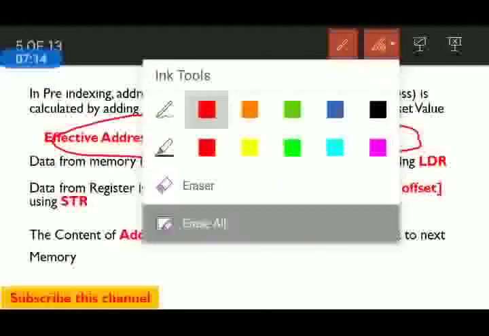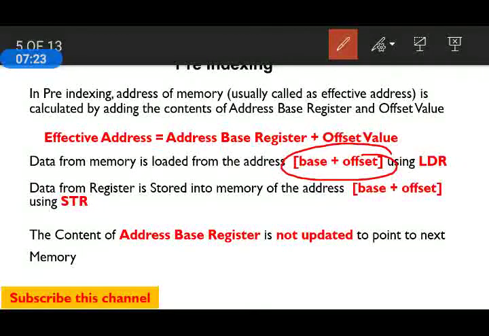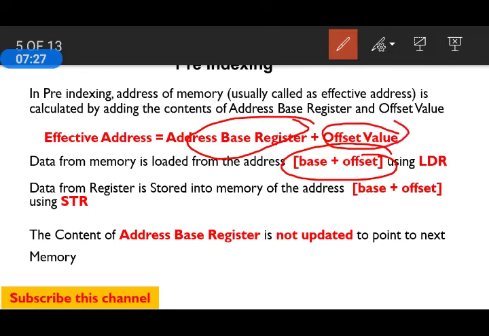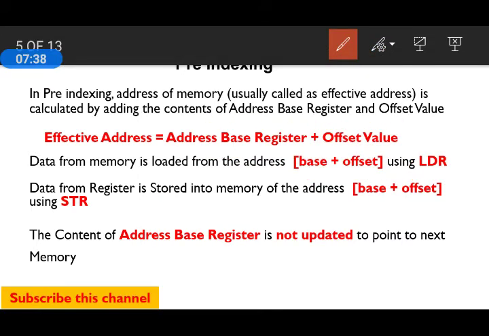Now the LDR instruction is used to load data from the memory having the address base plus offset. Base means the address base register, and offset is the offset value, both specified in the instruction. Loading data from memory into the register is done using LDR. In the other case, storing data is done using STR, and the memory address is calculated by base plus offset.